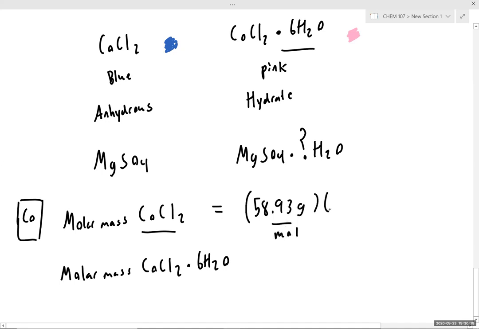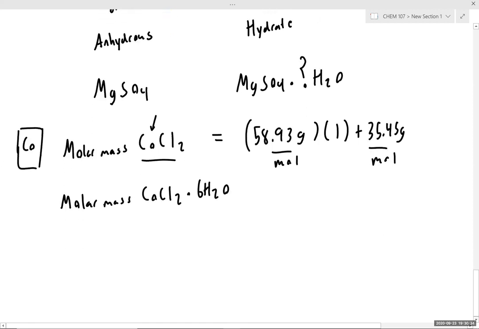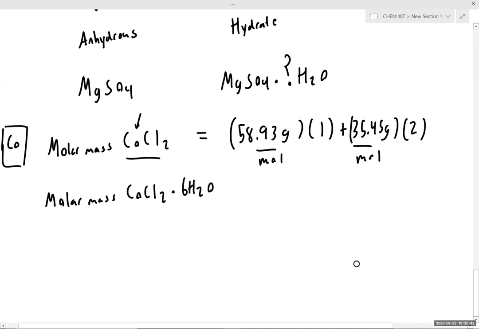And how many cobalts do we have? 1. Yep, exactly. Chlorine has a mass of 35.45 gram per mole. And how many chlorines do we have? 2. So if we add our masses together,